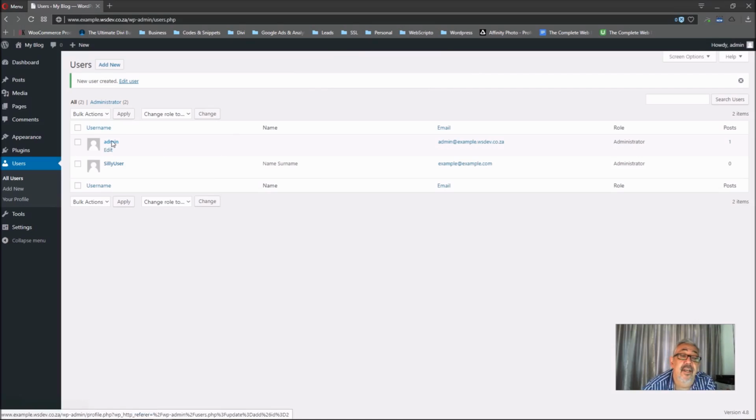Now you can see that we have two users. Admin, the one which we would like to remove because of security reasons, and then silly user, which is now actually going to be the owner and the administrator of this website. We are going to have to log out of this website and sign in as silly user in order to